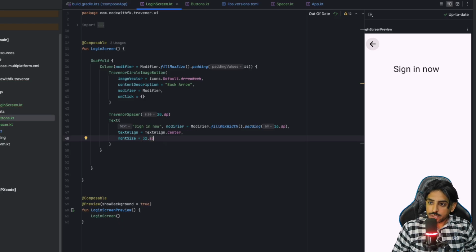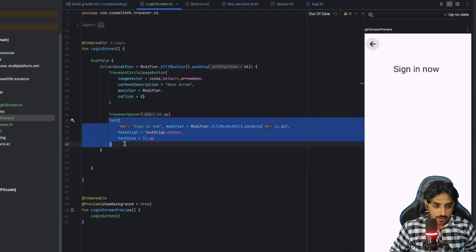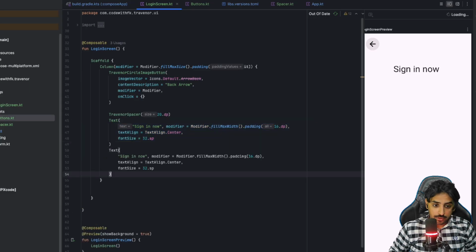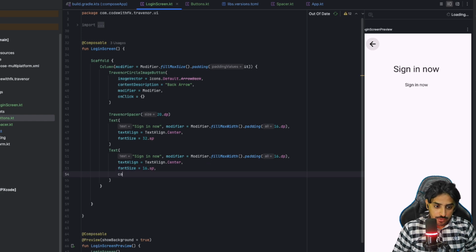So once we do that, you will see that the image size is bigger. Now we are good on that part. Next up is reuse one more, and instead of using this, we'll just use the 16sp that we have. Also, we need to define the color for that as well. So again, I'm going to say MaterialTheme dot colorScheme on surface, and that is going to be